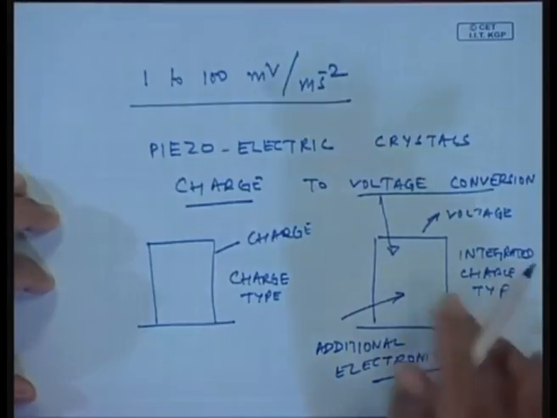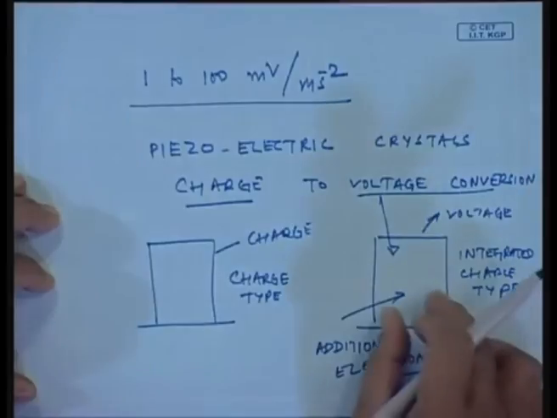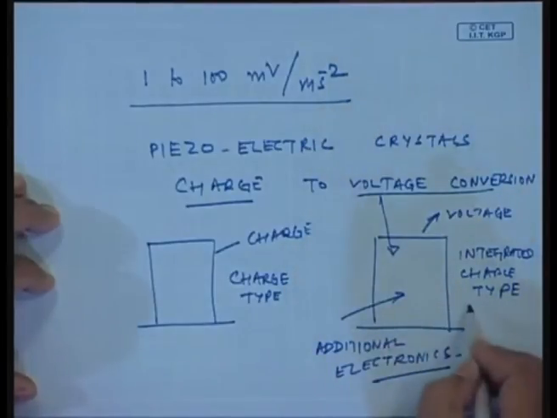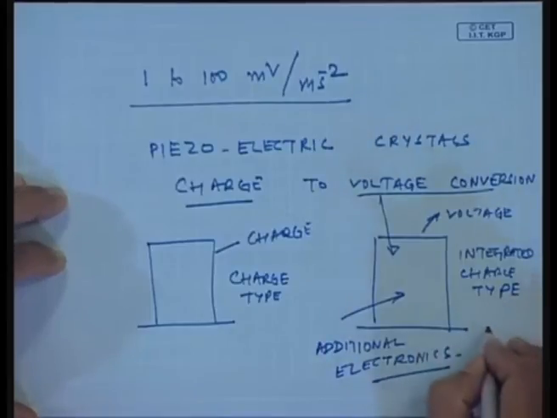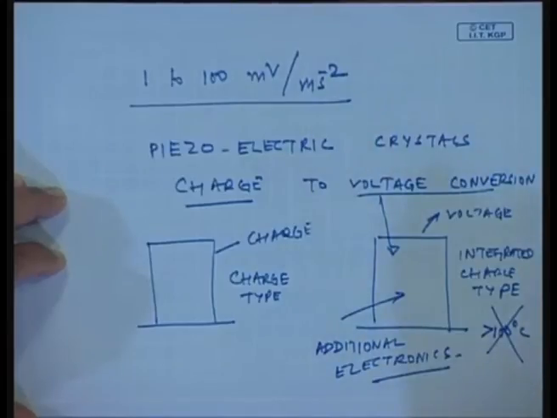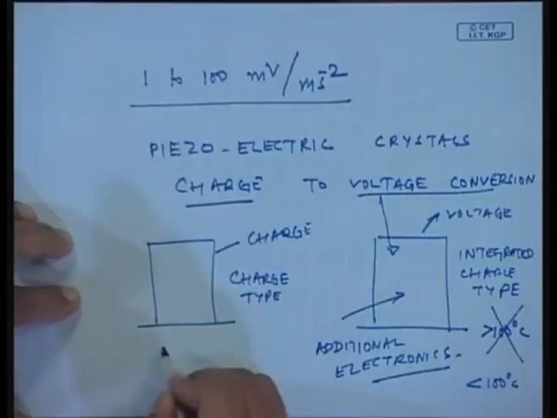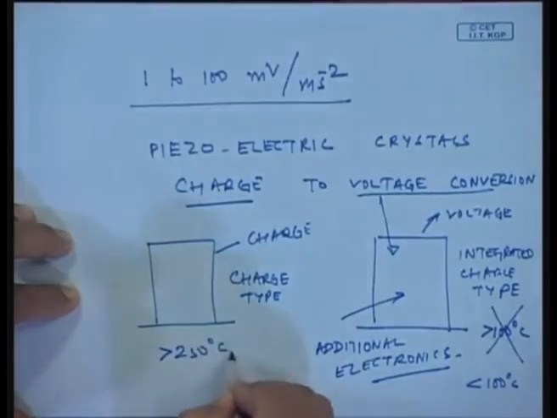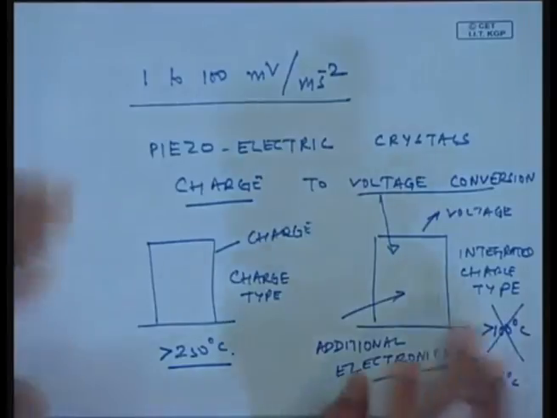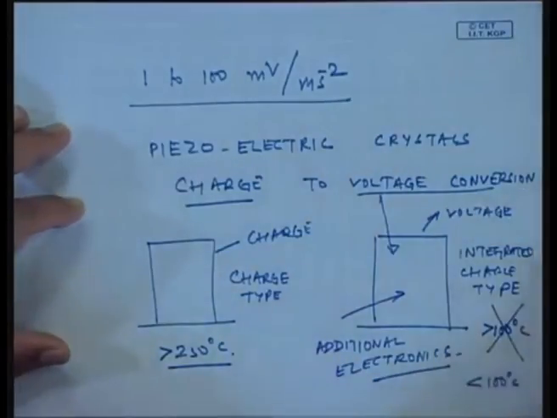So, because they are inside this element, which is put in a stainless steel casing, I cannot subject this integrated charge type of accelerometers to more than 100 degrees Celsius. It is not allowed. Okay. They have to be at less than 100 degrees Celsius. But this charge type, because the electronics is outside in the vibration meter, I can go maybe up to 250 degrees Celsius. Okay. So, these are two things you have to keep in mind, particularly when you are doing vibration monitoring of places where the temperatures are high, gearbox temperatures or bearing temperatures.